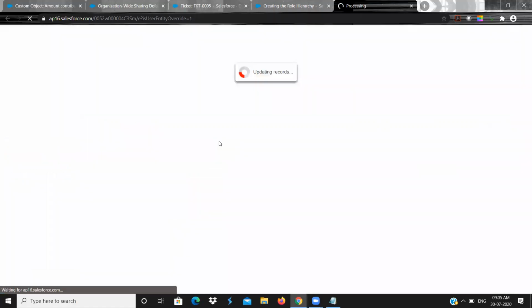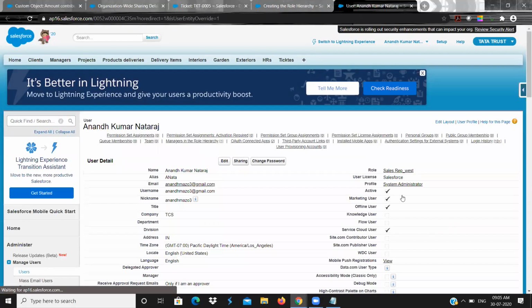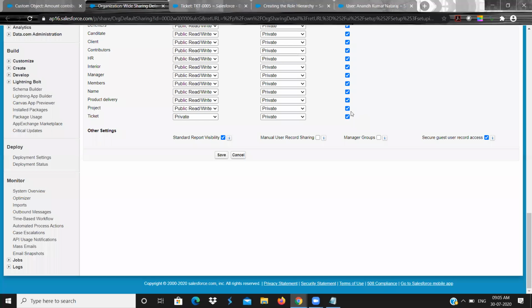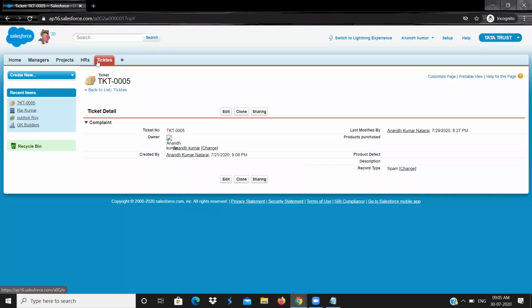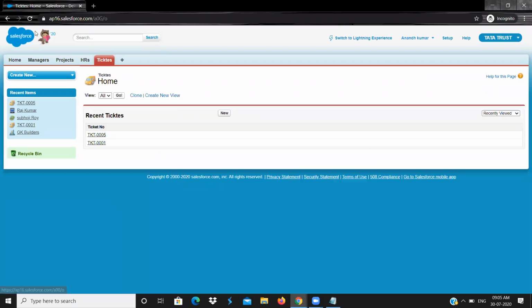So what happens? This normal sales user is on top of the system administrator in the role. And since we have the grant using hierarchy checkbox, that means this normal user should see all the records because he is on top of system administrator, and all the records will be visible to him also. Click on go.